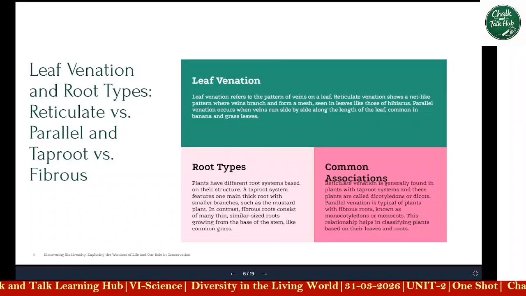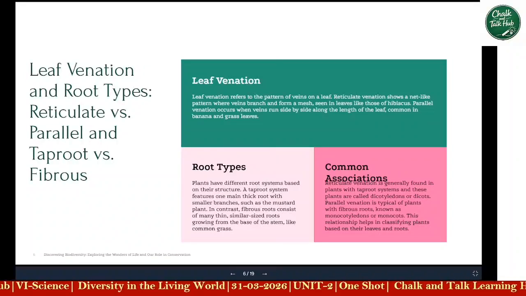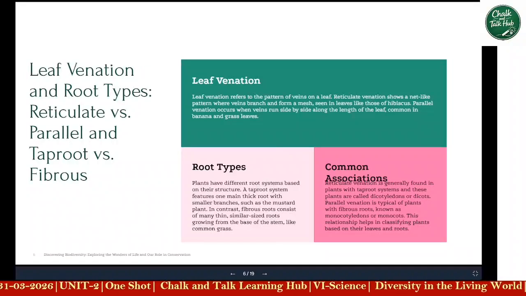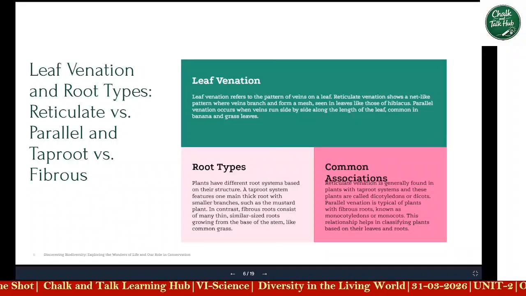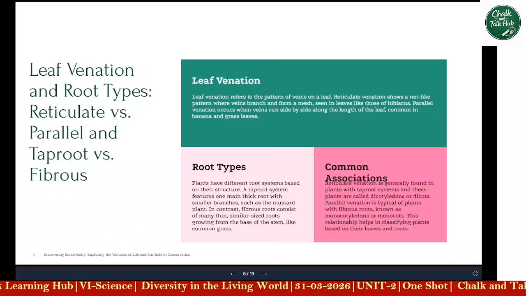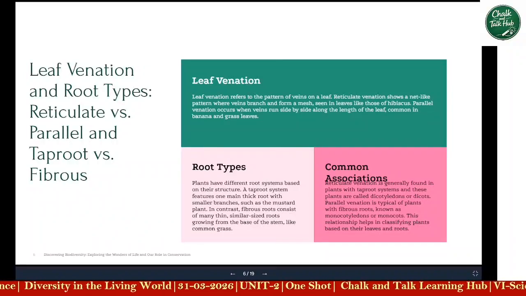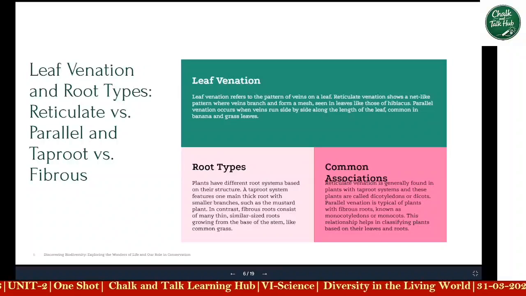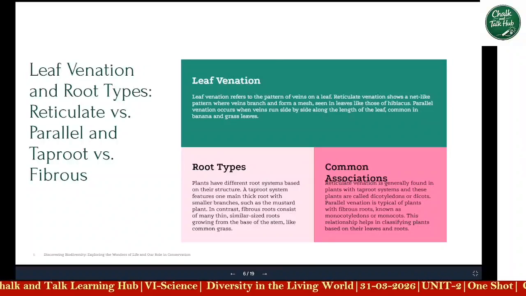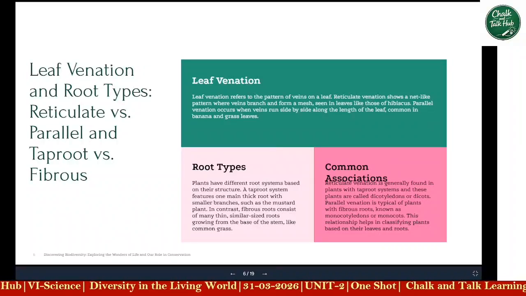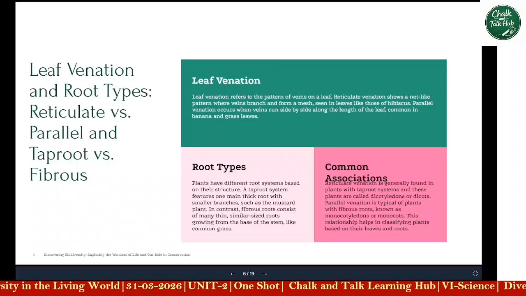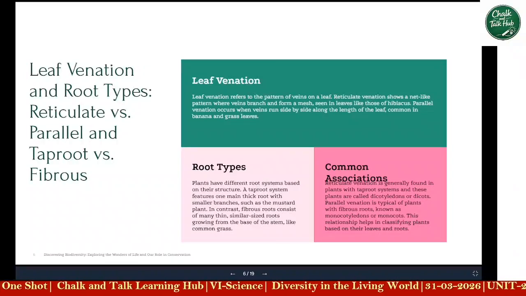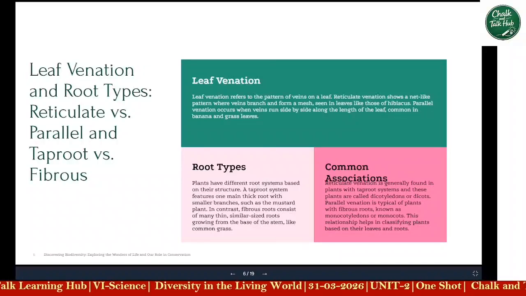Types of roots. Plants have different root systems based on their structure. A taproot system features one main thick root with smaller branches, such as in a mustard plant. In contrast, fibrous roots consist of many thin, similar-sized roots growing from the base of the stem, like in common grass. Common association. Reticulate venation is generally found in plants with a taproot system, and those plants are called